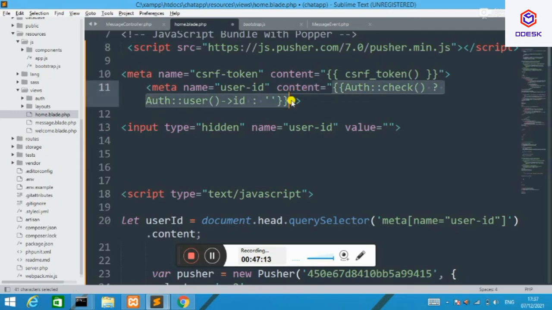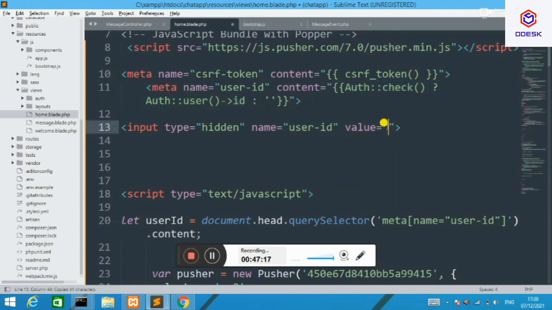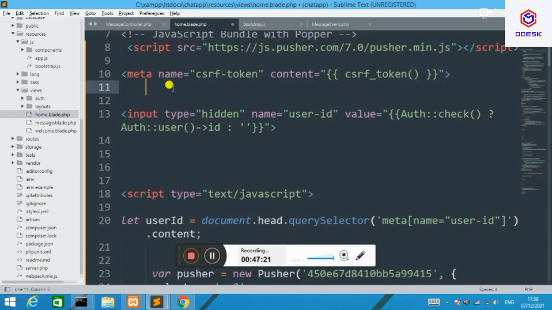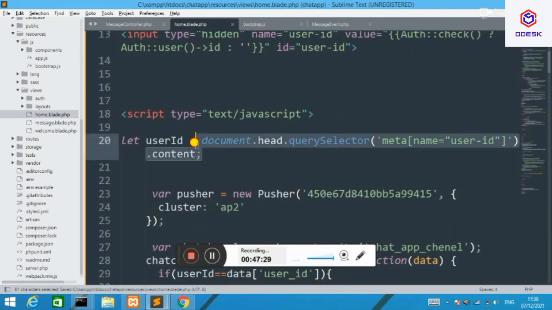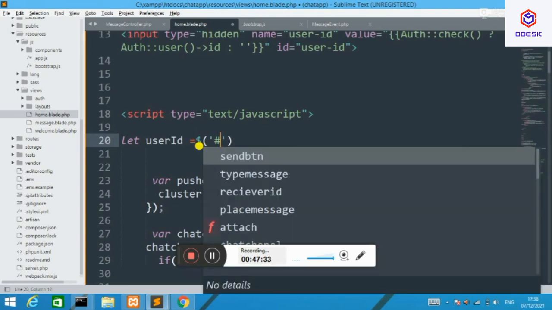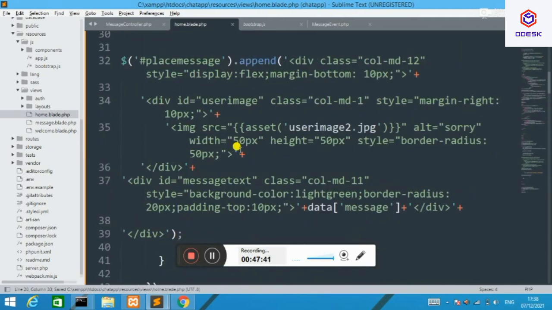Now I'll replace the meta with an input hidden, and here I'm getting the value of the logged in user in the value tag and giving it the ID user ID, and through this ID I would be able to get the ID of the logged in user, and then .value. Okay, fine.